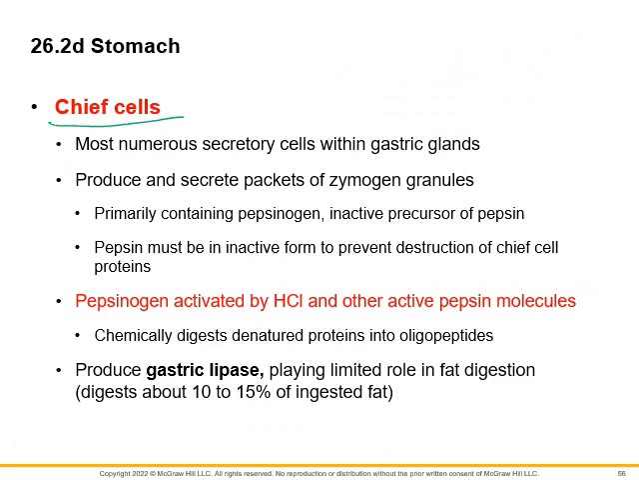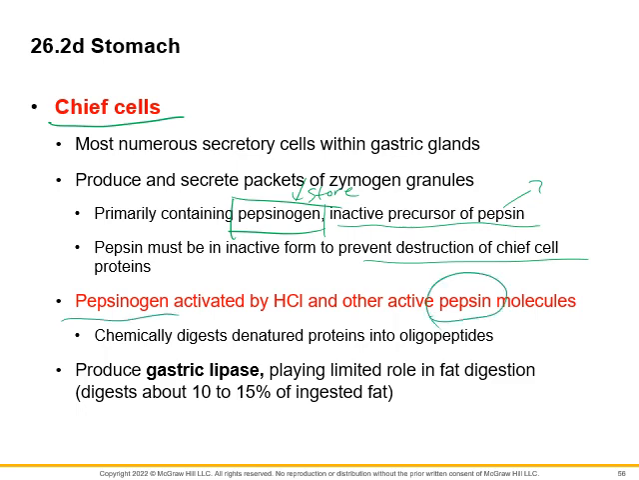Chief cells are the most numerous. These are going to have pepsinogen. This is the inactive precursor of pepsin. Pepsin must be in inactive form to prevent the destruction of the chief cells. So we have to store it as pepsinogen, and we don't want to activate it because pepsin will start breaking down the proteins inside the actual chief cells. So pepsinogen is activated by hydrochloric acid to become the active form, pepsin, and pepsin is going to denature